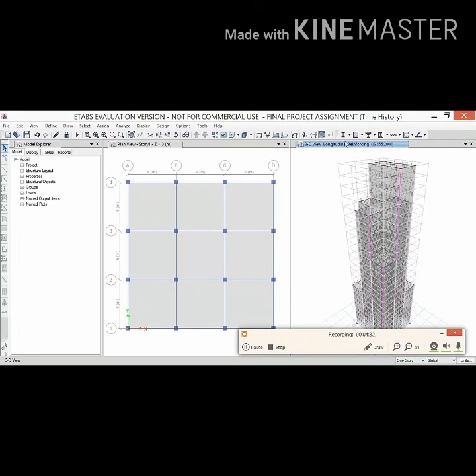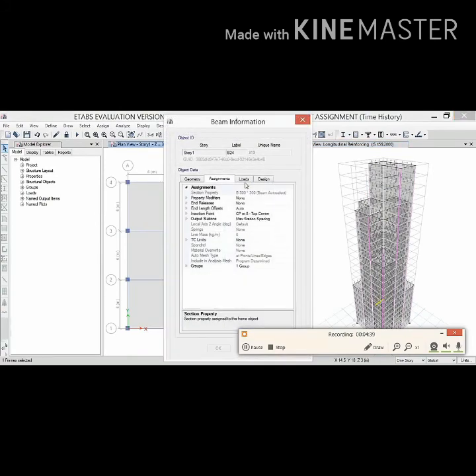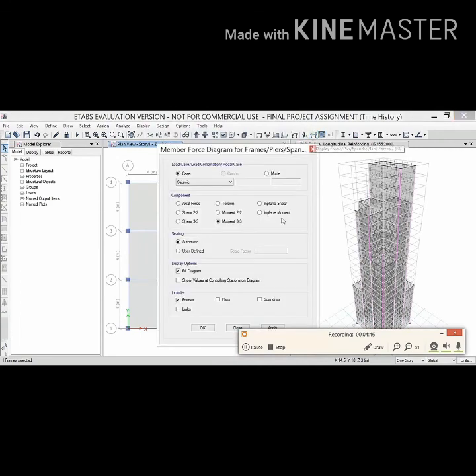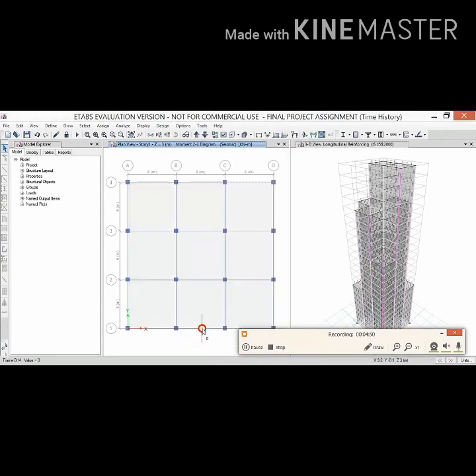to design a G plus 23 story building. We can also view the different types of longitudinal reinforcement for any of the members. We can click on the beam, right click, and then we get the design report in which you can view the concrete design. Similarly, we can view the shear force and bending moment diagram by selecting the different axes for any of the members.